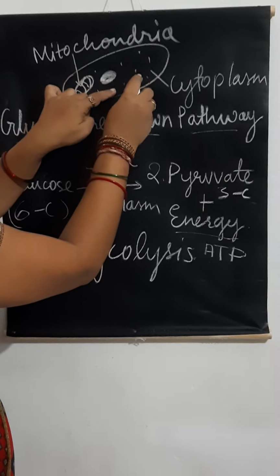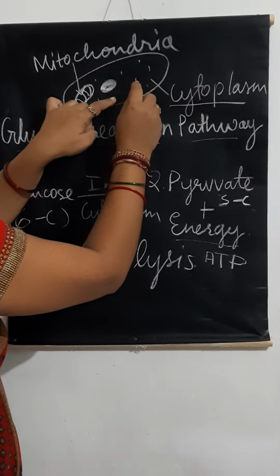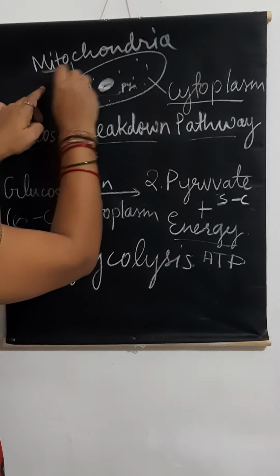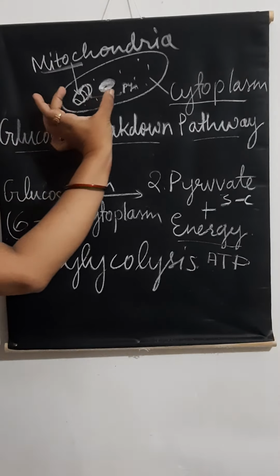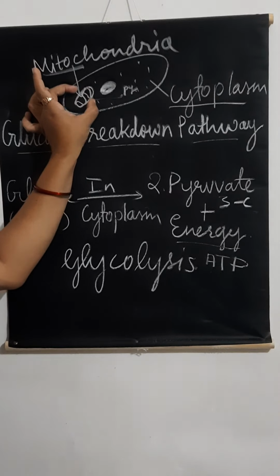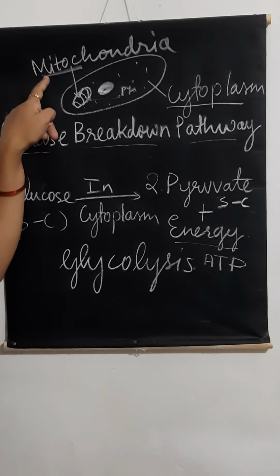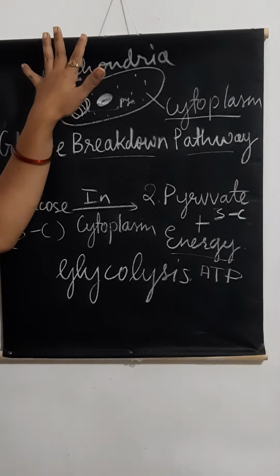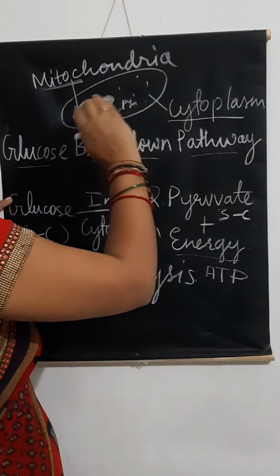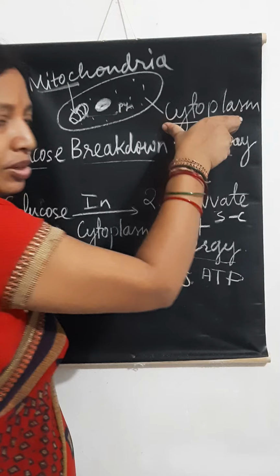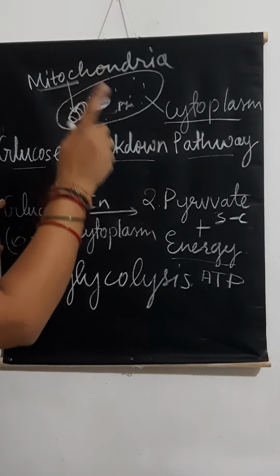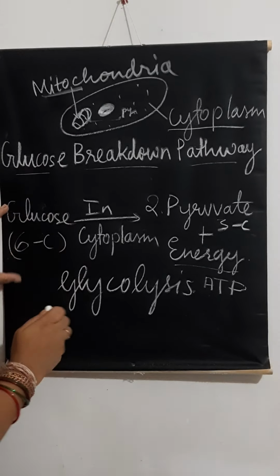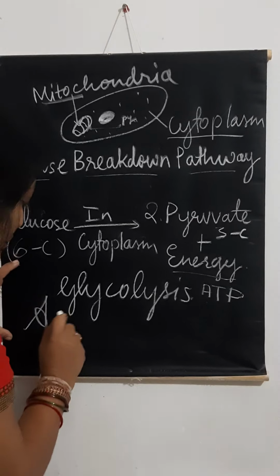Okay, and see this diagram, this is the cell. So the first stage of breakdown of glucose occurs in the cytoplasm. Once the pyruvate is formed, this pyruvate is shifted inside this mitochondria. But this shifting and further breakdown of pyruvate inside the mitochondria occurs only in the aerobic respiration. In anaerobic respiration, there is no role of mitochondria. Whatever breakdown occurs, whatever energy is released, all that occurs in the cytoplasm only. The special feature of this further breakdown of pyruvate inside the mitochondria occurs only in which kind of respiration? Aerobic respiration.